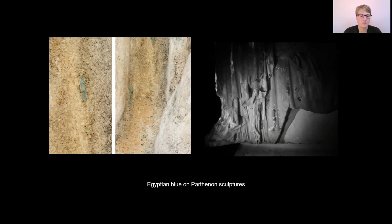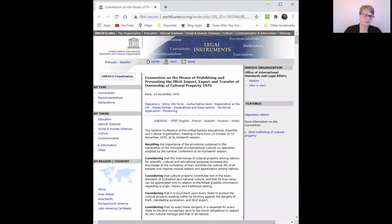Consequently, art museums have put into place guidelines for acquiring ancient art. The most important is this one. It's called the UNESCO Convention on the Means of Prohibiting and Preventing the Illicit Import, Export, and Transfer of Ownership of Cultural Property. If you're not familiar with UNESCO, it actually stands for the United Nations Educational, Scientific, and Cultural Organization. In other words, this is the division of the United Nations that seeks international cooperation in the areas of